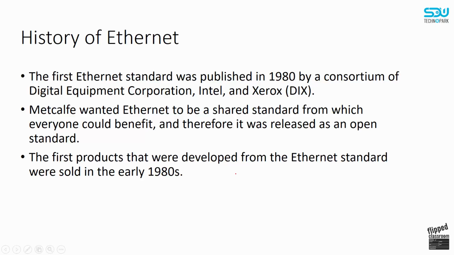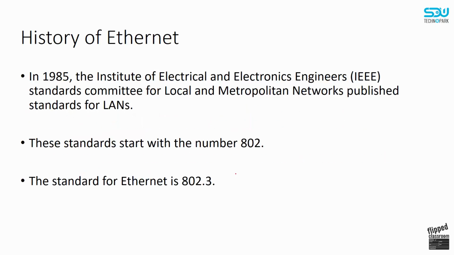The Ethernet was first published in 1980 by a consortium of 3 organizations: Digital Equipment Corporation, Intel, and Xerox. They wanted to make the Ethernet so that it will benefit everyone. That is why they made this standard an open standard. The first products developed from the Ethernet standard were sold in the early 1980s, and in 1985 the